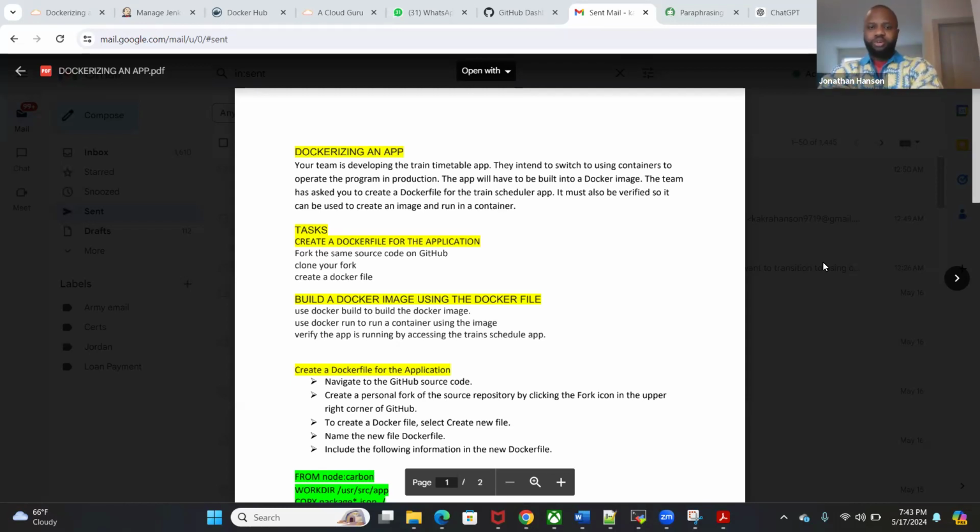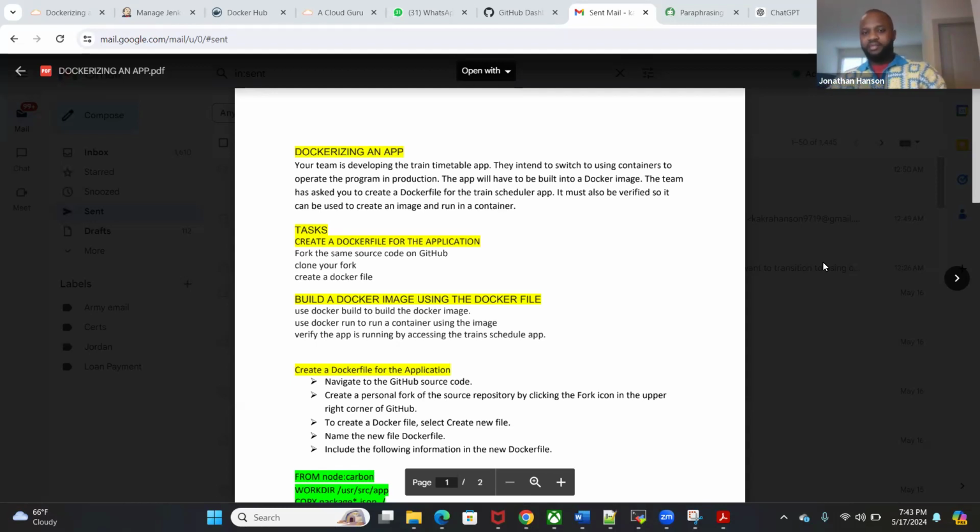So today what we are going to do is learn how to Dockerize an app. Like I said, in an interview, they're going to ask you about Docker, how to Dockerize an application. But there are two ways to do that. Either you're going to build a CI/CD pipeline for that, or you're going to use Docker Hub to